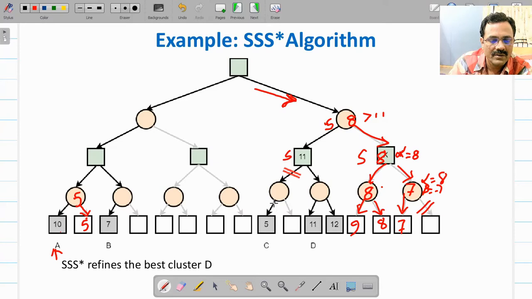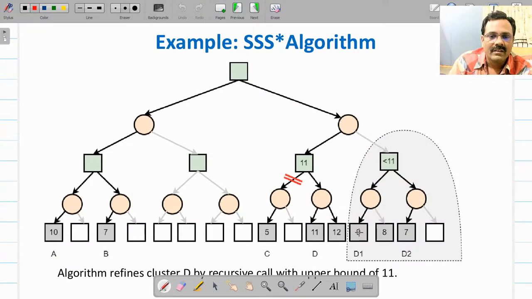So this is how this SS star algorithm works. So it refines best cluster D finally. So this is how initially it will shift its attention after evaluating this to right side. So that has resulted in two clusters. Again recursively SS star will be called here, D1 and D2. So they will be evaluated. If it gets less than 11, then that will be updated.